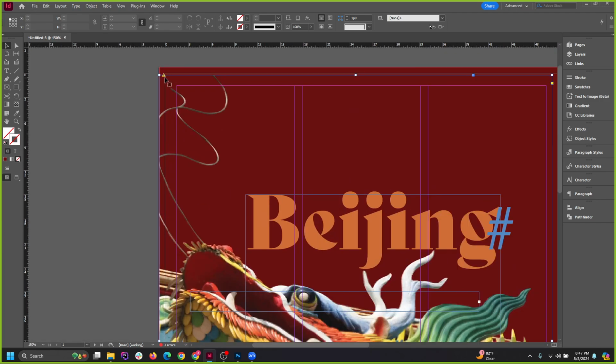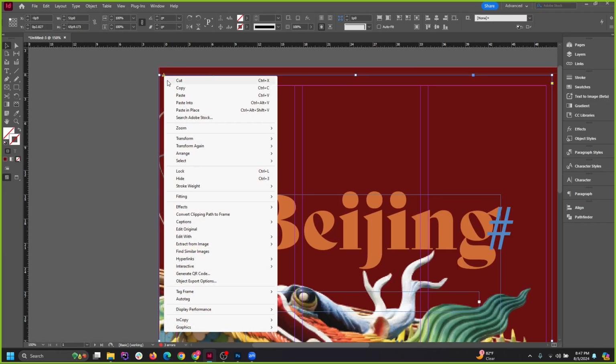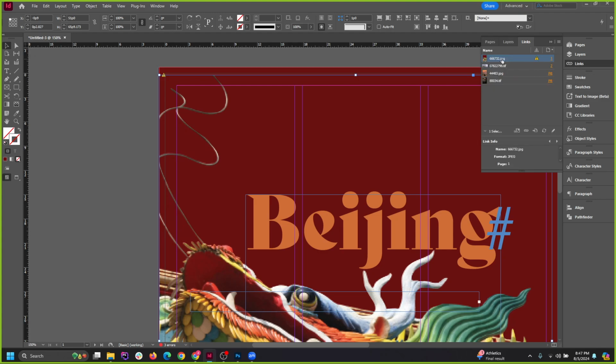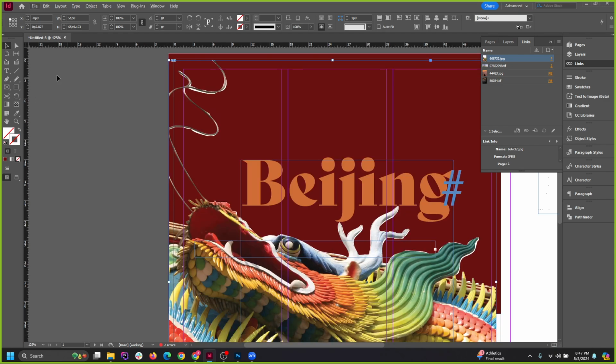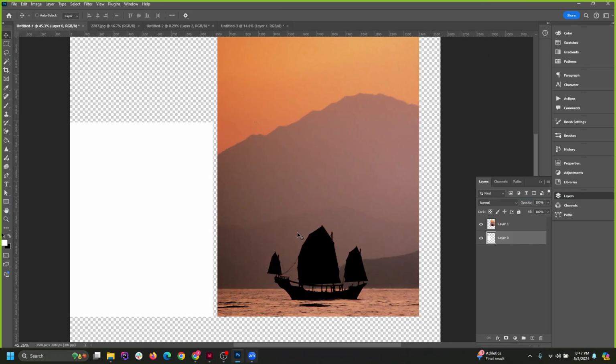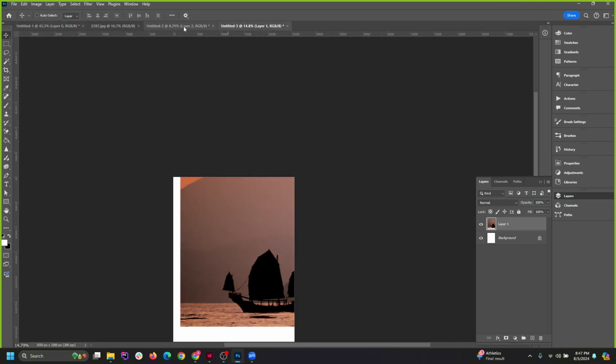And what's this warning? So we're seeing a warning here, a little yellow triangle. Go to your links, you'll see it's there again. It says modify, double click to update. So I'll double click it and it updated the image. It updated it to what I did here, I guess,